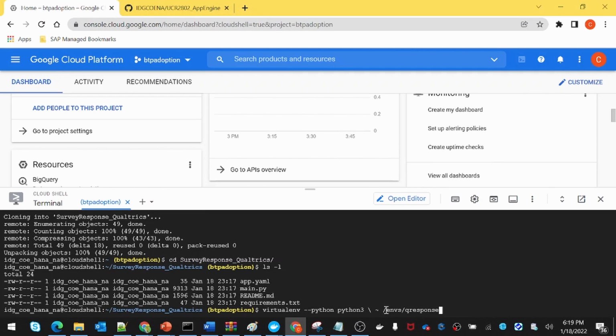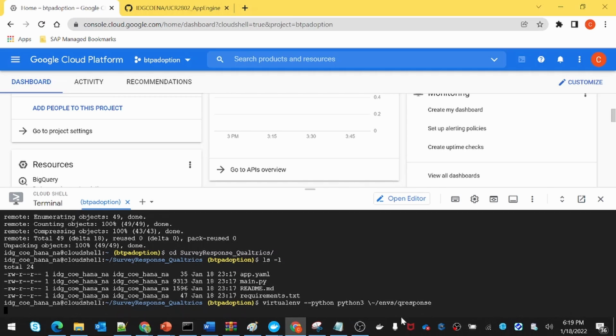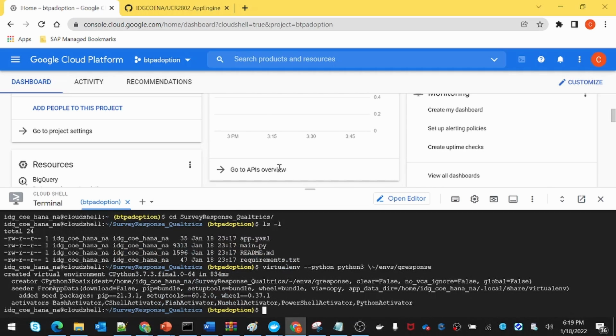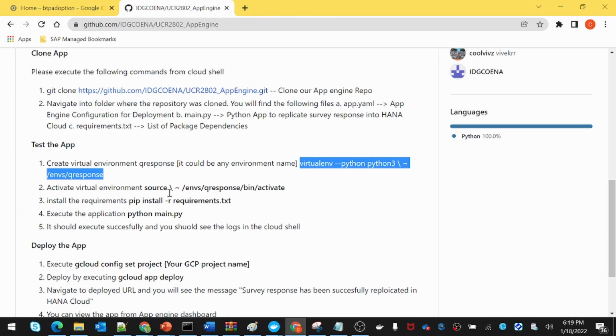Just make sure there are no spaces between the slashes. The name of the environment could be any name you prefer. I just have it as QResponse. It's done, and the next thing is to activate the environment.